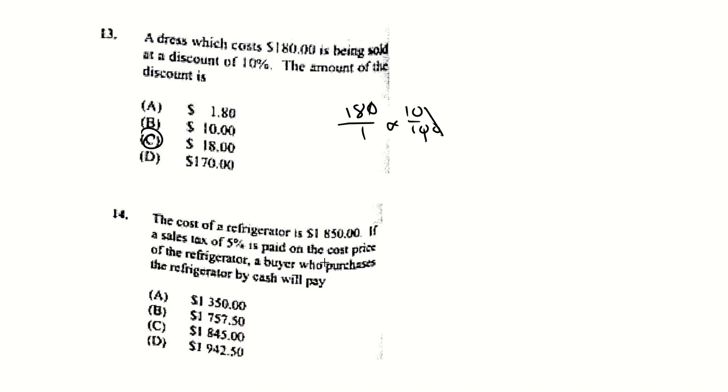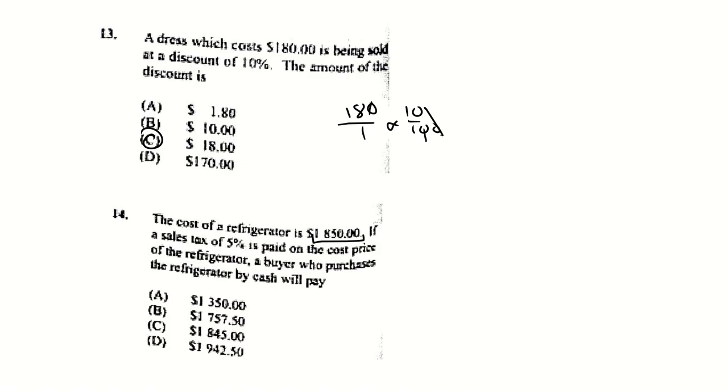The cost of a refrigerator is $1,850. If a sales tax of 5% is paid on the cost price of the refrigerator, the buyer who purchased the refrigerator by cash will pay. Now, this question, although it's a lot of working, we're saying there's a sales tax, so there's an increase in value. We're looking for values that are more than this because it costs this, and if a sales tax of 5%